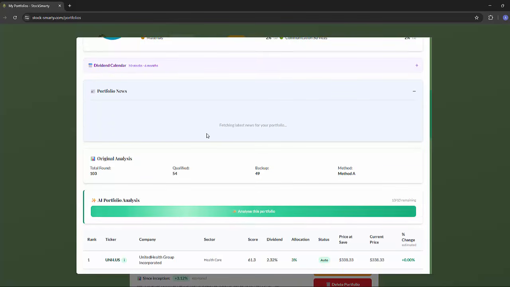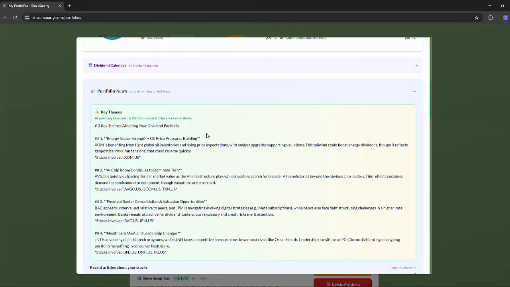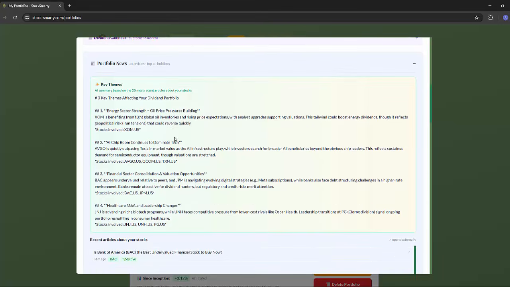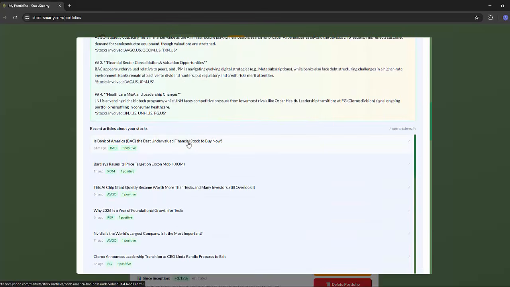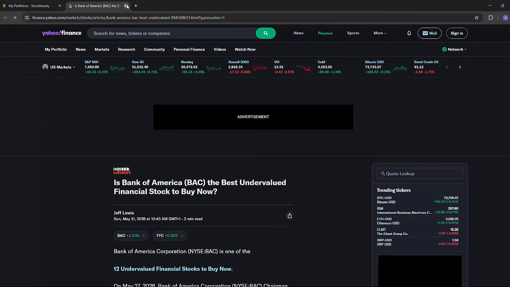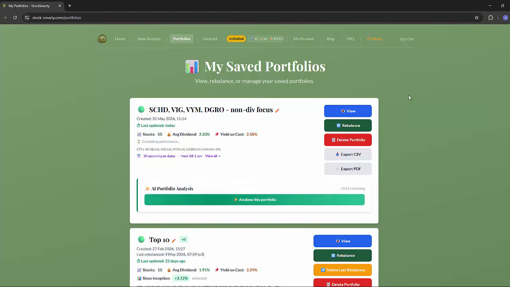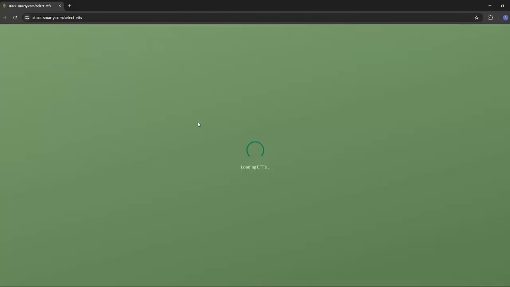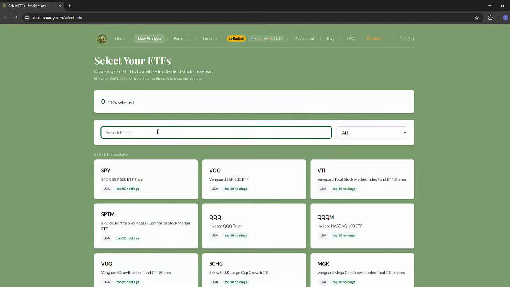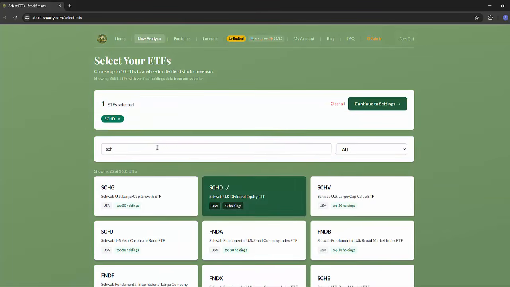So what this will do is go out to various websites and find the news associated with your stocks. It will give a summary at the top around key themes of your portfolio, and then any particular news articles that you may take interest in reading. And if you click on the article, it will open up in a separate tab, which you can then read at your leisure. So that was a non-dividend focused search, but again, we can do the same thing focusing on dividend yields. So again, if I search for the same stocks,